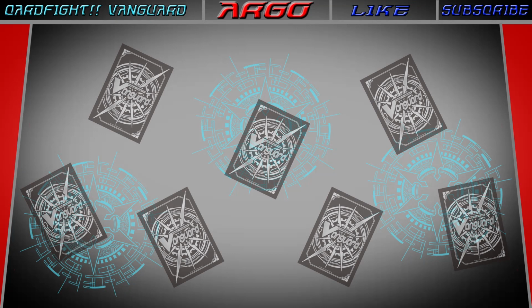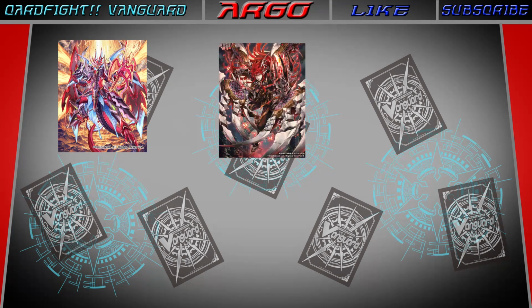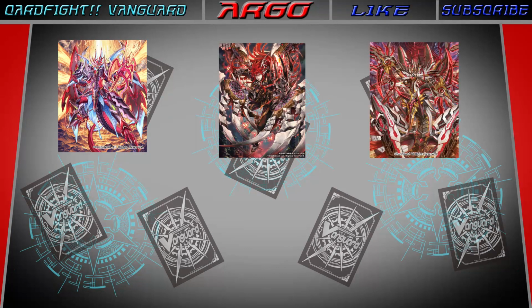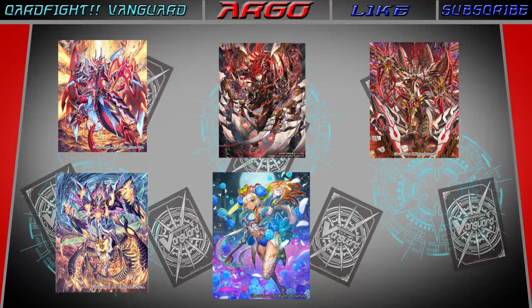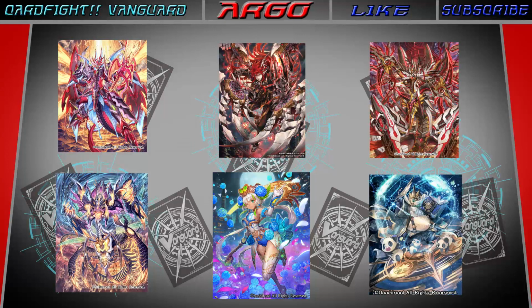And moving right along to tier 1.5, I increased the cap to 6 for tier 1.5. So our 6 decks are Overlord, Sharat, Chaos, Deleters, Asha, and Big Belly. So, starting with Overlord,